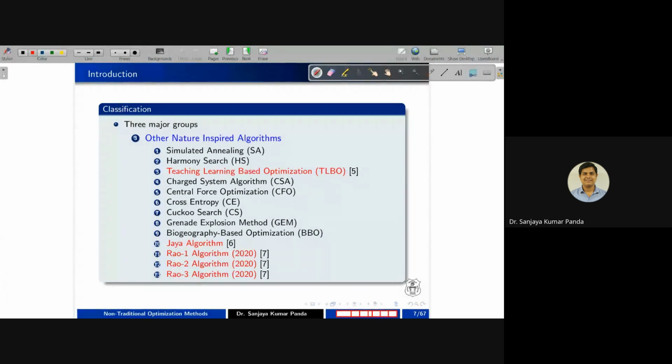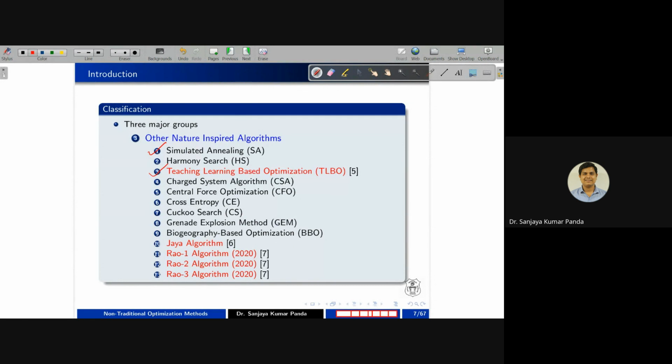We have charge system algorithm, central force optimization, cross entropy, cuckoo search, grenade explosion method, biogeography based optimization, Jaya algorithm, and we have three variants of the RAO algorithm, that is RAO-1, RAO-2, and RAO-3. From these other nature-inspired algorithms, we will discuss in this course, I think, simulated annealing and teaching learning based optimization,